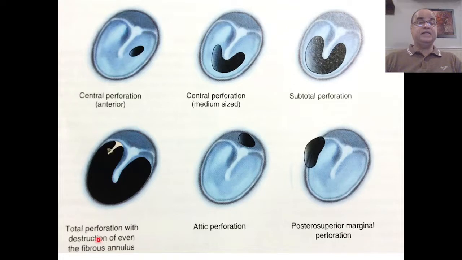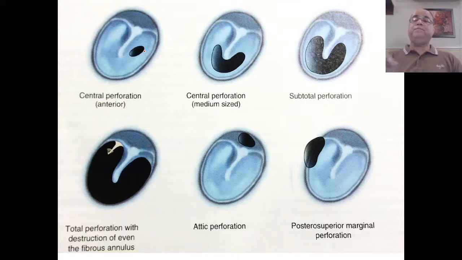Now, this is a very, very important slide, and we will try to describe it in detail. First thing is that any disease or any perforation in the pars flaccida means that it is an atticoantral type of disease, because medial to the pars flaccida is the attic region. So whatever perforations we talk about with reference to tubotympanic disease will be restricted to the pars tensa only. Now, in the pars tensa, in tubotympanic disease, the perforation is always